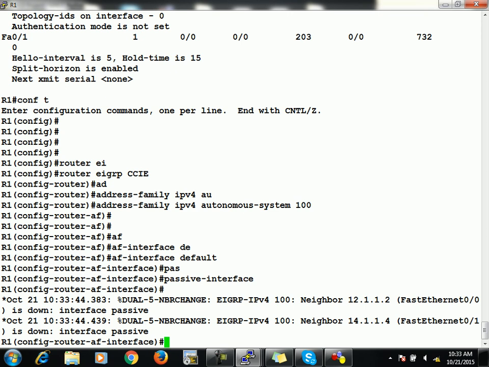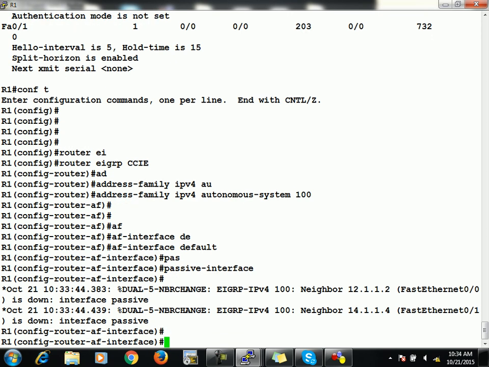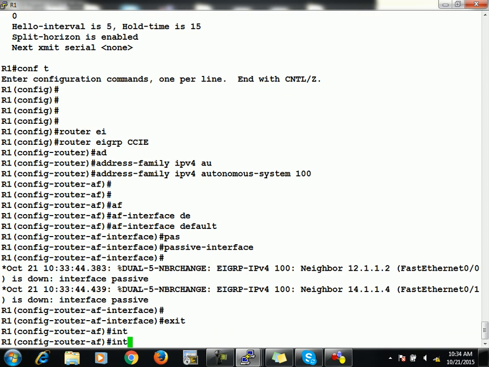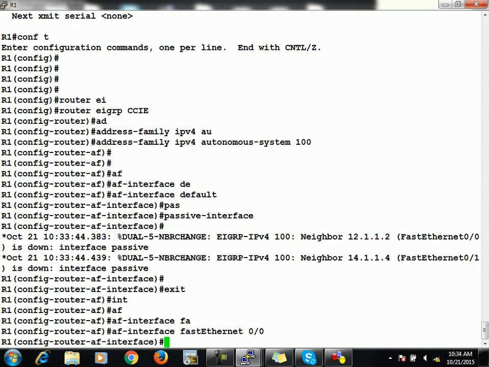within address family. Whatever you configured in router mode, or under interface mode in classic mode, you will now be doing within address family. Fine, passive interface. Just come outside. Now I know very well that I have to send hello packets out from FA0/0. So I'll be saying AF interface FastEthernet 0/0 no